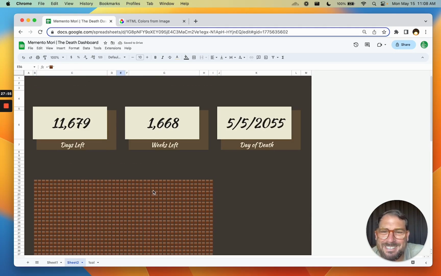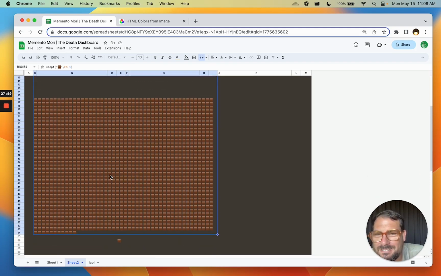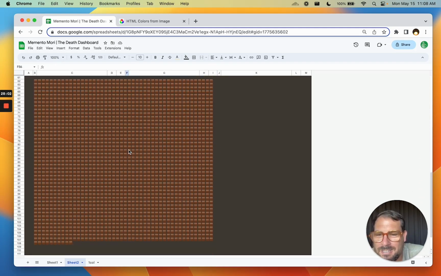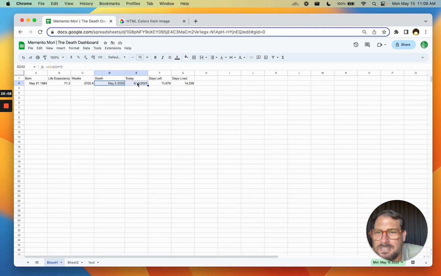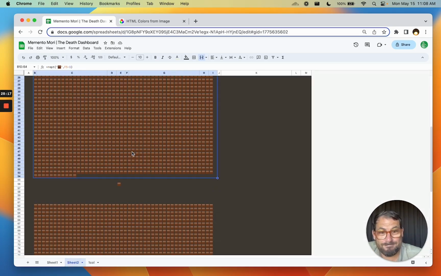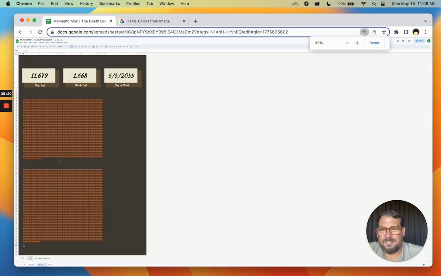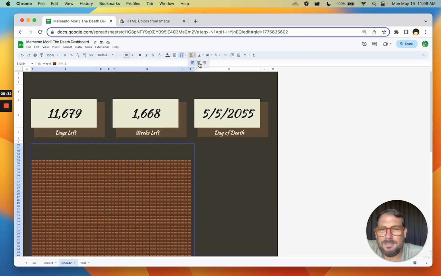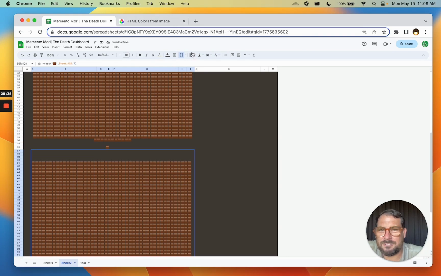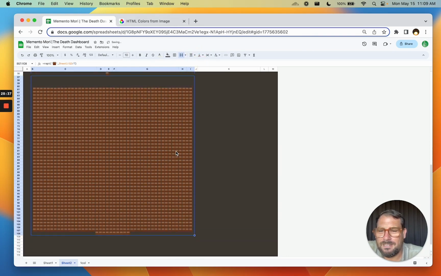That's pretty cool, right? We can probably get rid of some of these, but nice rudimentary little hourglass that actually is going to work, right? Because all of this will update as this data updates. As today changes, as the days left go less and the days lived go more, we're now going to have this hourglass. We can see here, that's our entire life. That's the week we have right now. And this will go, wow, that's pretty mental, right? Let's see, oh yeah, centering it up is definitely better. So here we see,